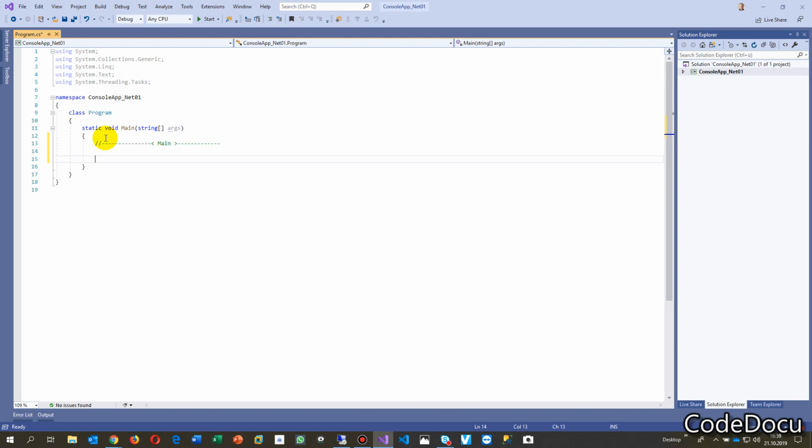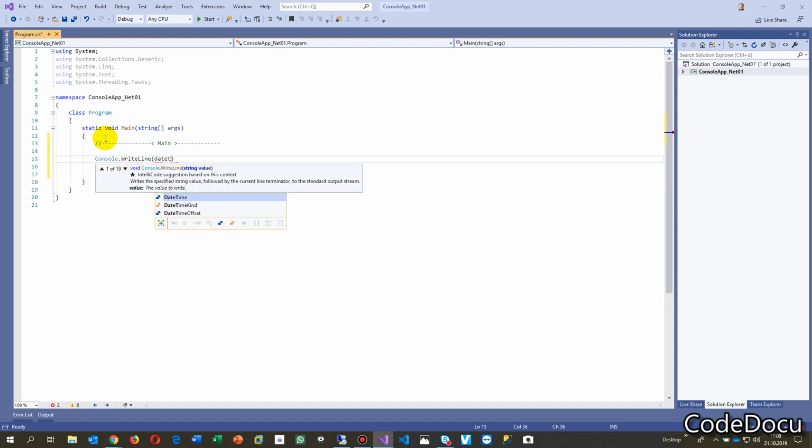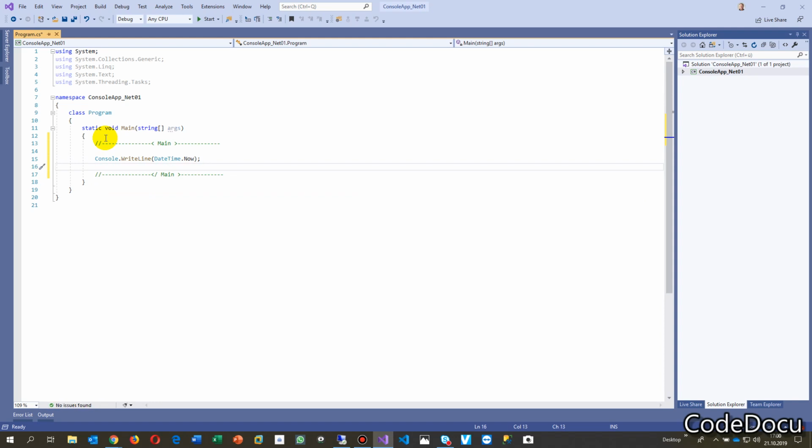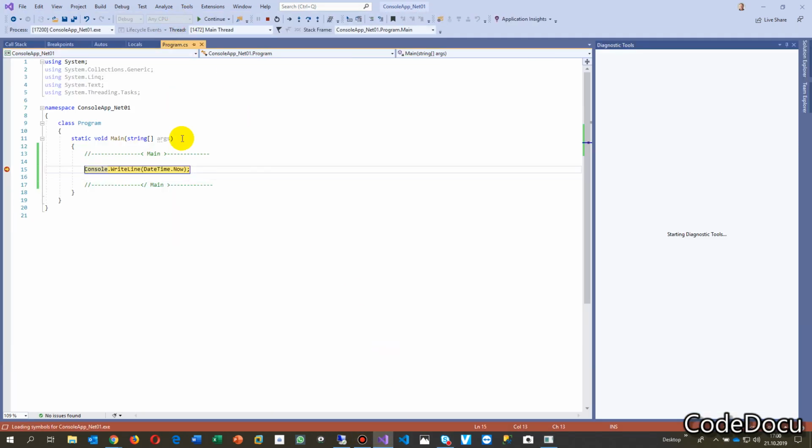So, and now inside there we're going to say Console.WriteLine. Now, for example, the date time, DateTime.Now. So whenever this happens, we know that the debugger was going to that point. Now when I start it, there jumps up this